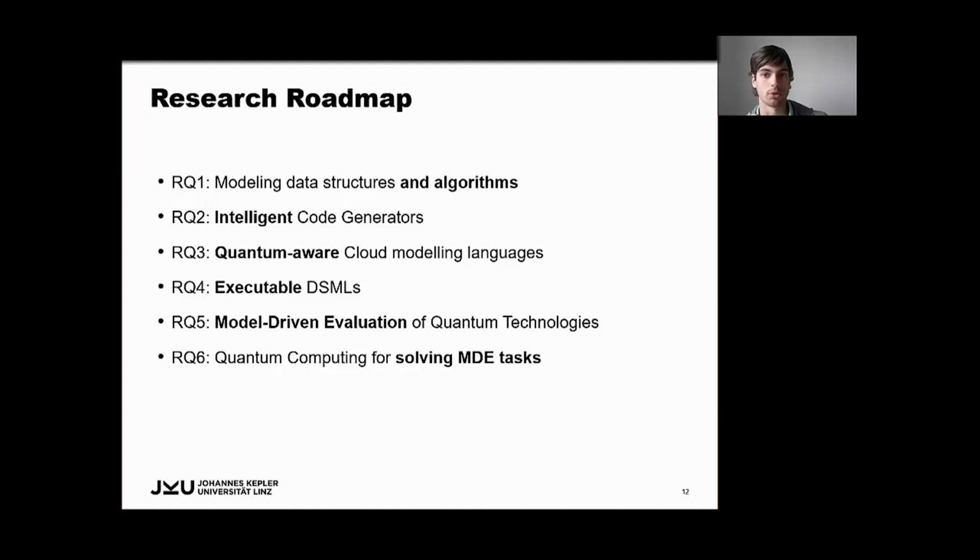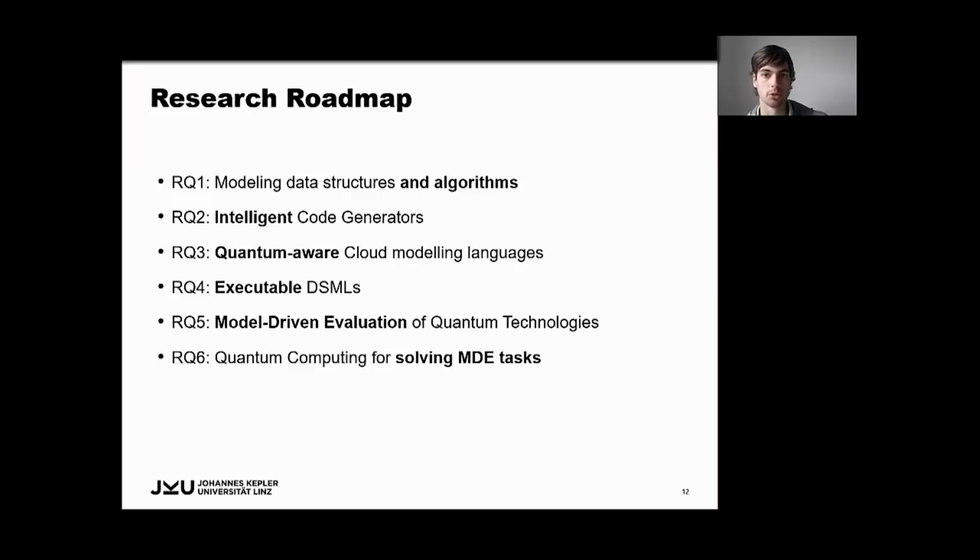Furthermore, there are code generators, and such code generators rely on patterns and standardized ways to represent certain problems and solutions. And they would also require repositories of quantum and hybrid algorithms, together with the optimized procedures to select and apply these elements. And this raises the question of how such processes can be modeled and reused in a code generator. The third research question deals with the cloud-based deployment of quantum computing. And here existing modeling languages for cloud computing may have to be extended to account for the deployment and integration, especially of hybrid algorithms.